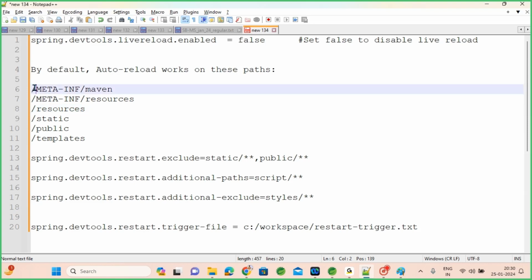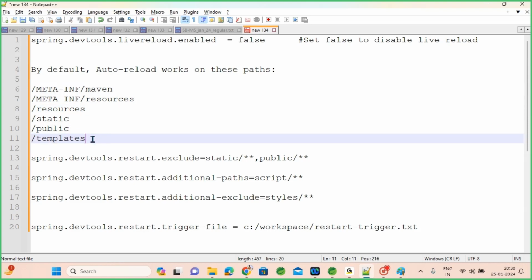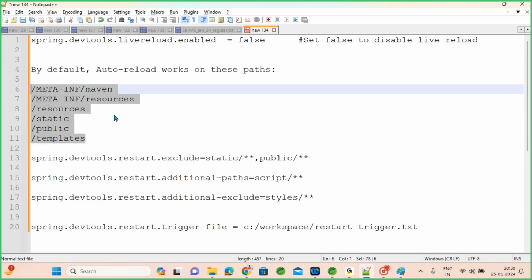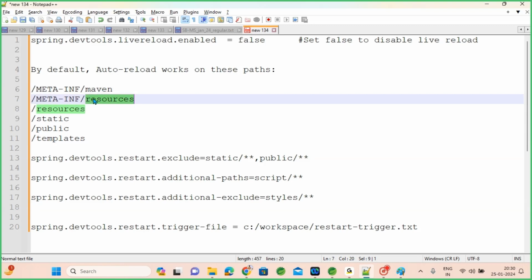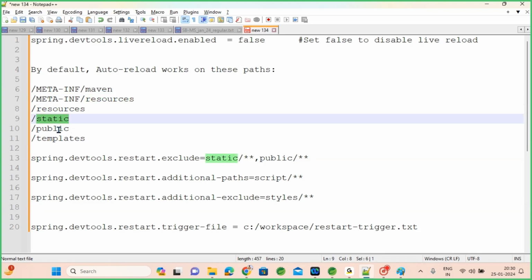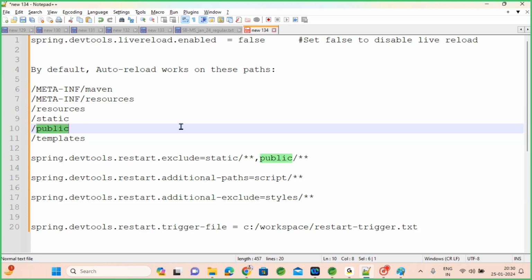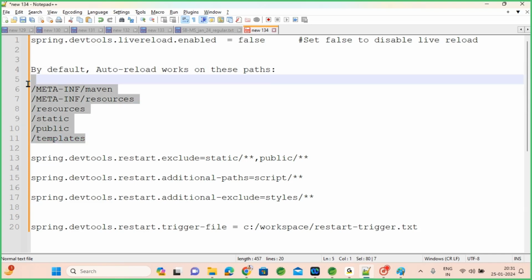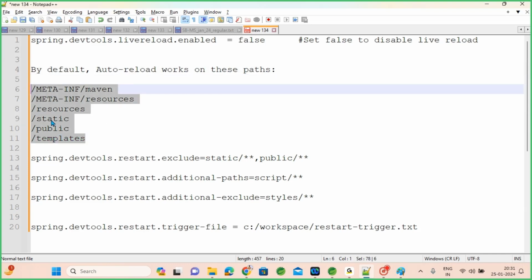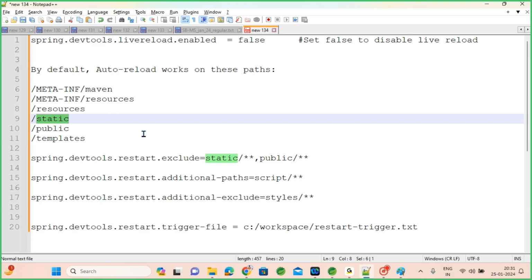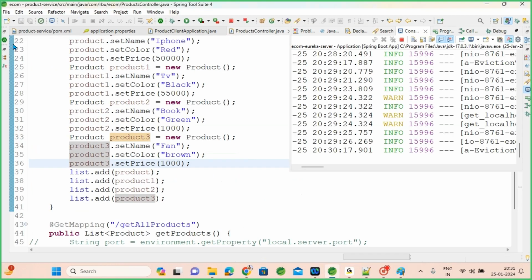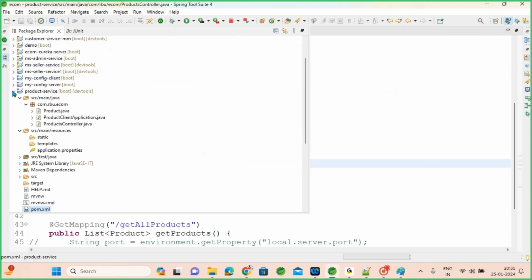What we will usually have in this section: we will have configurations, front end pages. If it is an altogether front end and back end application, you may have some templates. If you have any such front end stuff and if you apply any changes on that front end, automatically it will restart. If you want to see that, we have created one